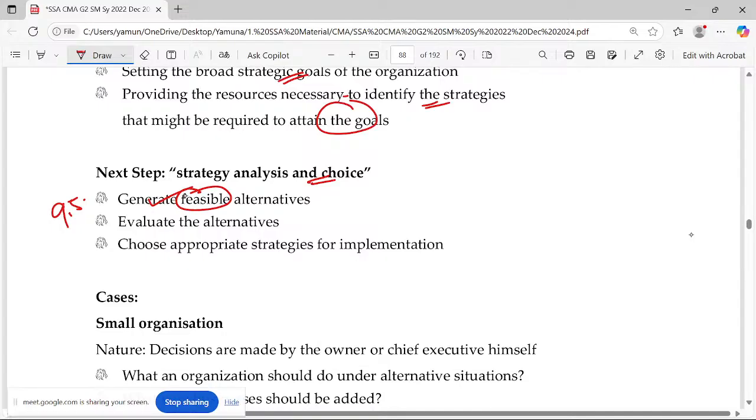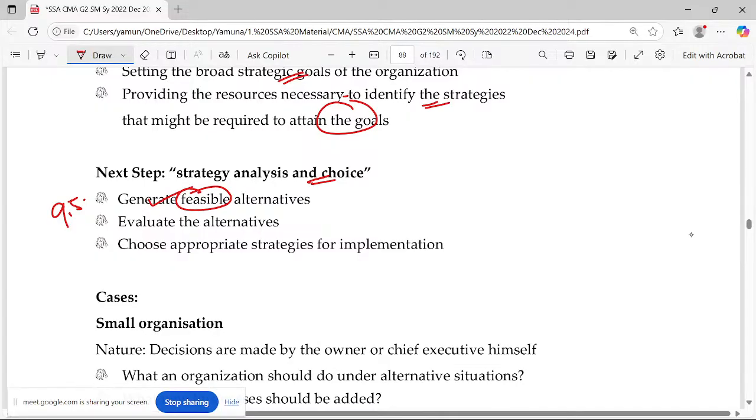Most suitable. Sometimes you have to face some losses, but it may be a loss today. Probably, if you are planning for a star product, it may not be generating cash today, but tomorrow it's going to generate a lot of money. So you have to do something. That's what you call feasible. Feasible is not always making profit.